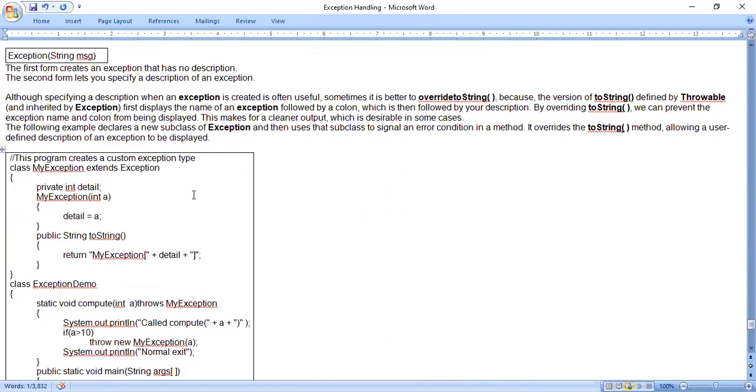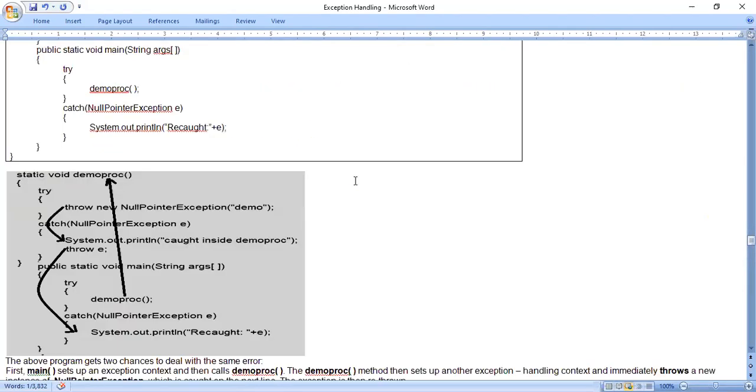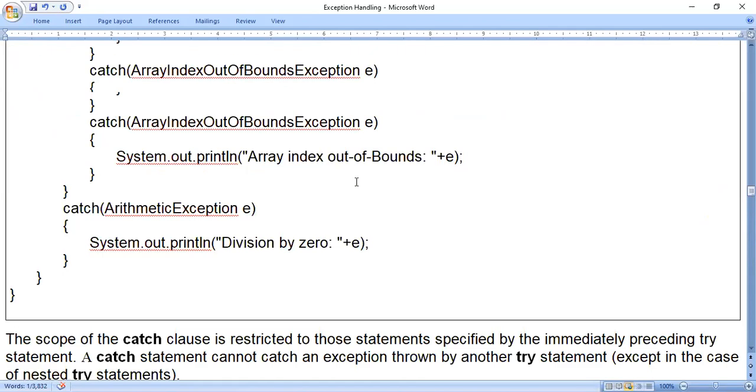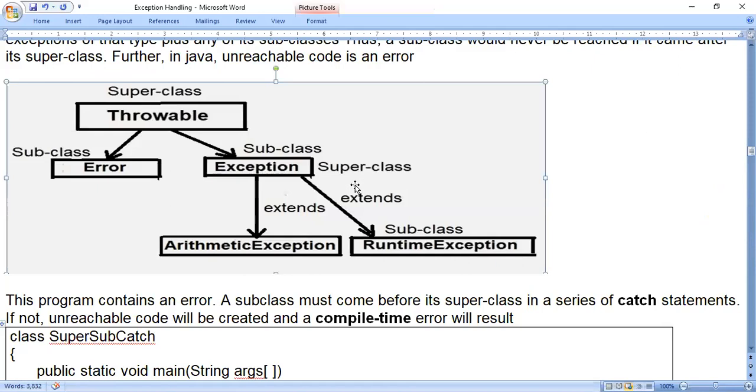In the Java class library we have exception classes: Throwable, Exception, Error, and exception types. So we have this diagram, right? We can create our own exception classes, which we will see in how to create user defined exception classes. In the next class we will continue.